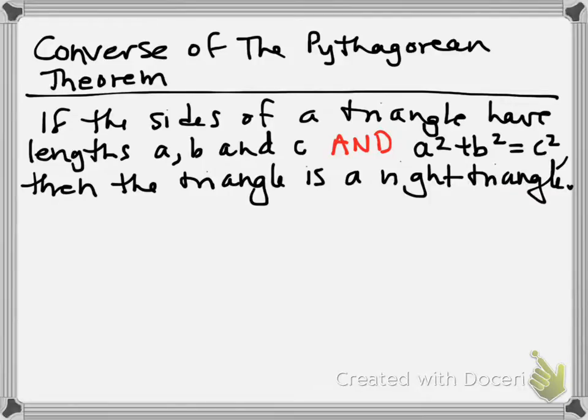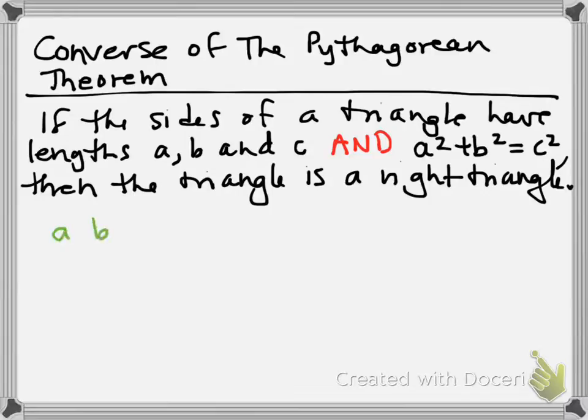So if we're given 3 sides and we're told it's a triangle, we take those 3 sides and put them into Pythagorean theorem. And if what's on the left equals what's on the right, then yes, we have a right triangle. But if what's on the left does not equal what's on the right, not a right triangle. Okay? So let's talk about